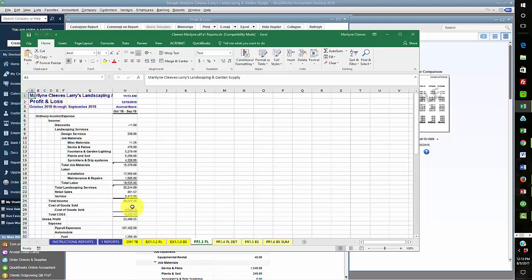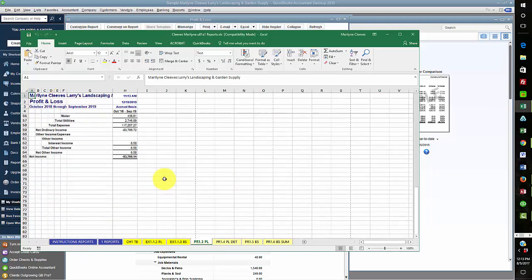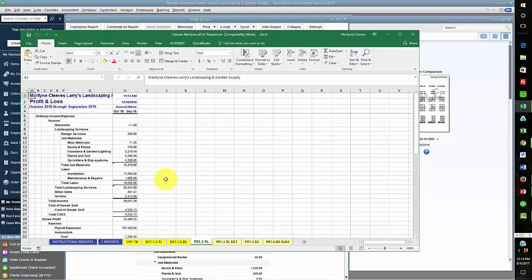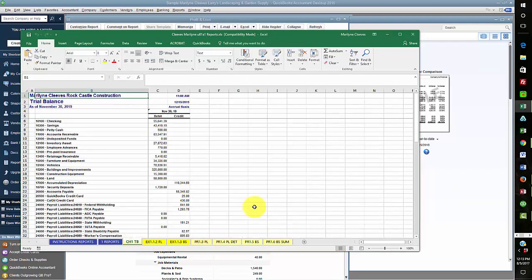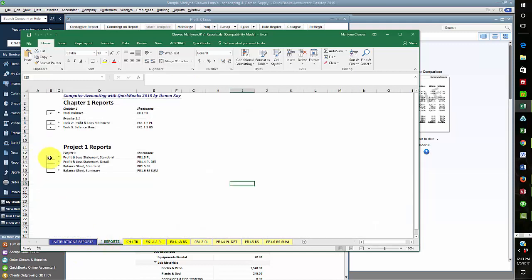Don't spend time adjusting these columns, because my program corrects all this for you. So I'm just going to come here and save. Double check what reports I have done. I have the P&L. I have on the chapter the balance sheet, the P&L, and the trial balance. I'm going to come to reports, and I've got another X to mark, and save and close,